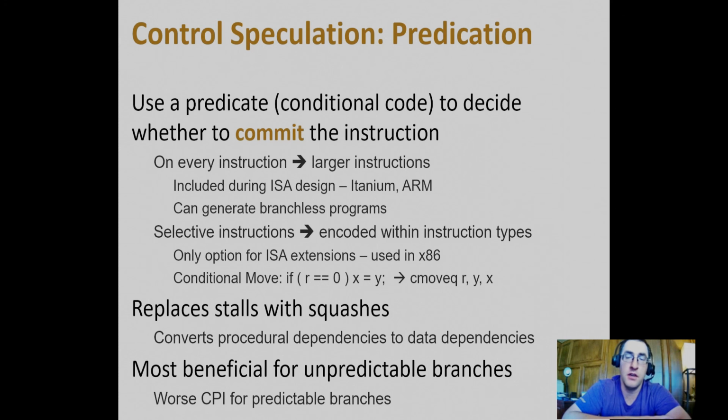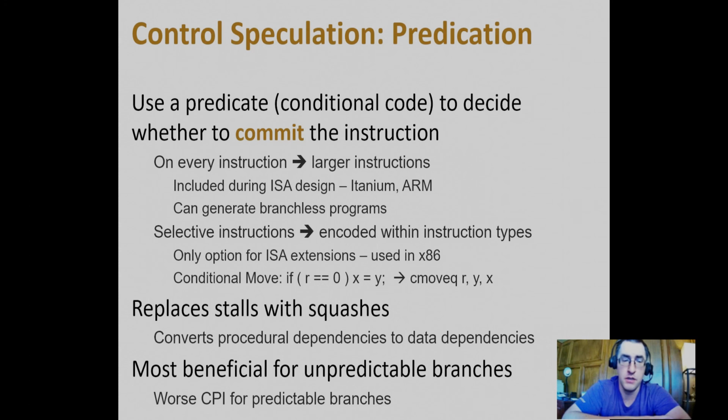The benefit of these condition codes or predicates is that we can make instructions predicated on the outcome of previous instructions that set the condition codes. And as a result, we can convert branches into predicate assignments